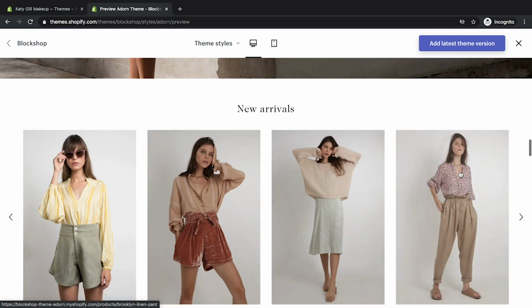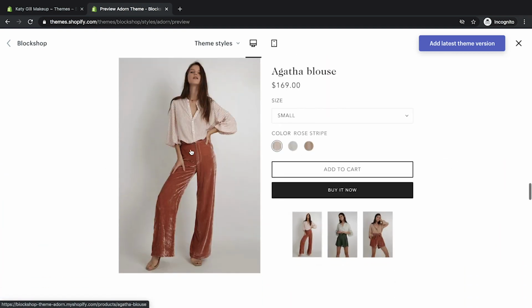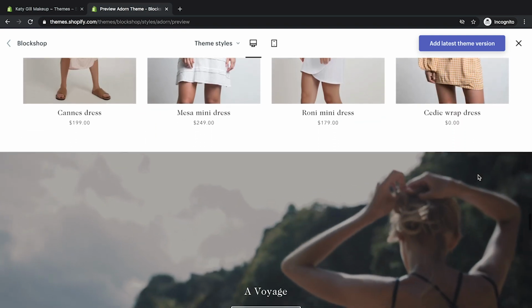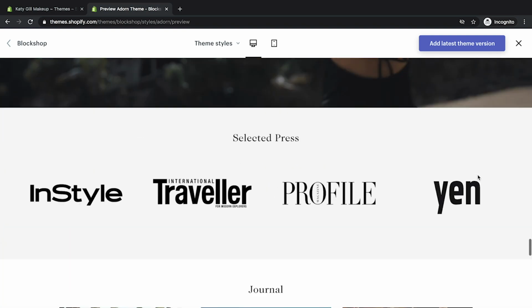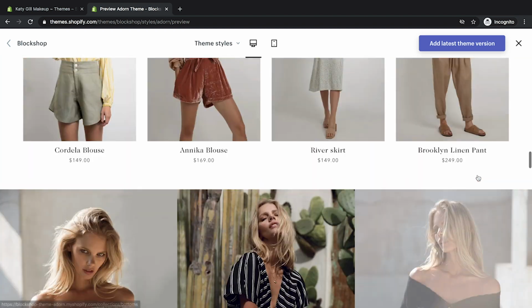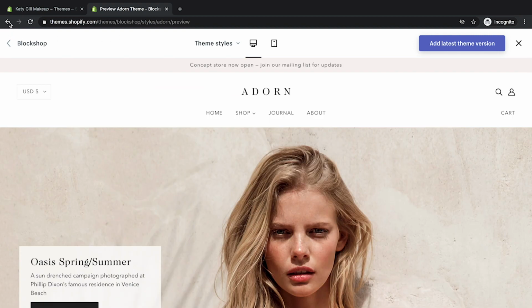They tend to give you every possible combination and every section that you can edit. You can move all of this around, you can remove certain sections, you can add certain sections, you can add multiple sections. So if there's a lot of content on here that you think is too much for you as a new store, don't worry about it. What the theme designer is doing is showing you every possible option that you have. Okay, so let's click back.